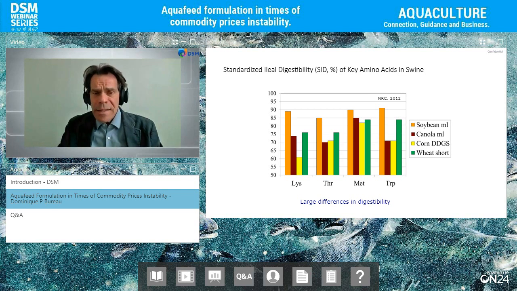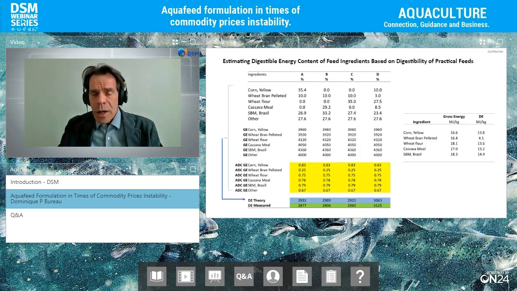And I realized this many years ago in Indonesia, where we were getting poor results with certain types of feed. For some reason, we didn't quite understand, but the farmers were complaining about the quality of feed. So we started measuring the digestibility of a commercial diet, a real diet. It was not a specific experiment to look at the digestibility of individual ingredients. We looked at the digestibility of diets, and what we found through mathematics is that we were able to identify the digestibility of the different components.